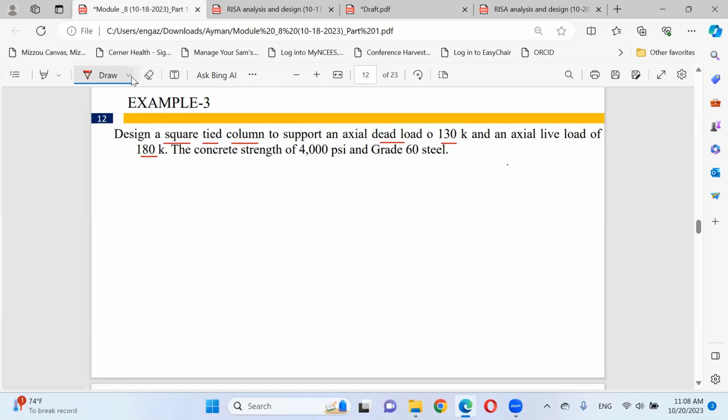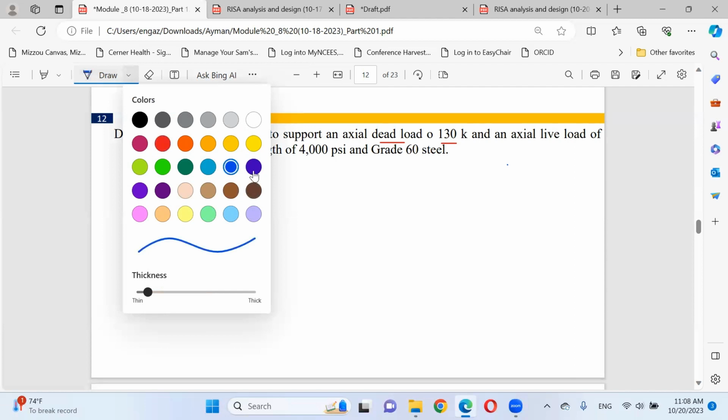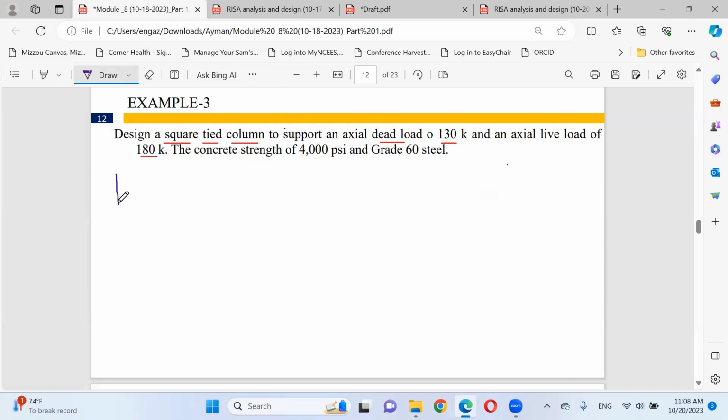Before going on, I would like to highlight that to get the total reaction on this column, which is called P ultimate, from structural analysis, you have to combine the value of the dead load and the value of the reaction of the live load. How? Using the combination equation 1.2 dead load plus 1.6 live load. This is how to combine a value for dead and another value for live.